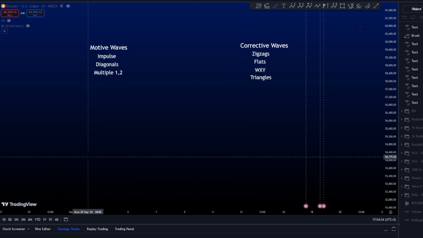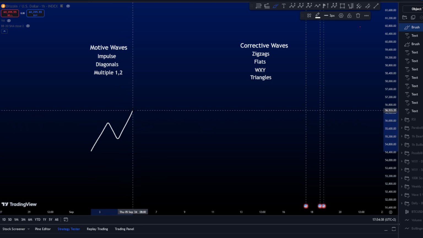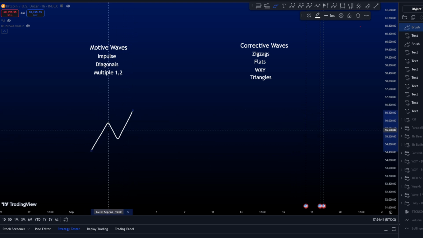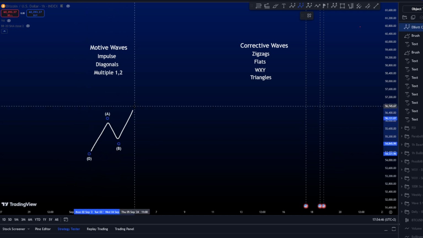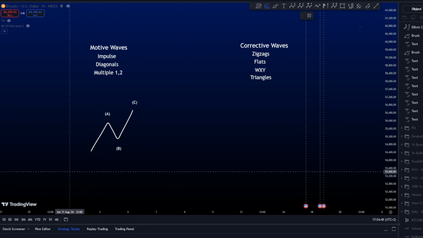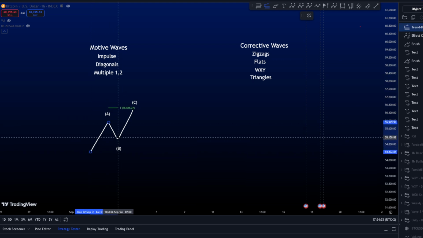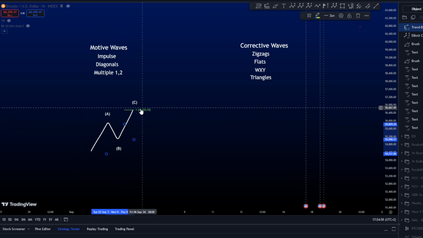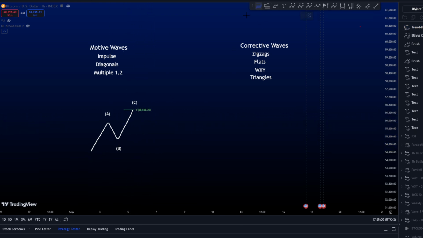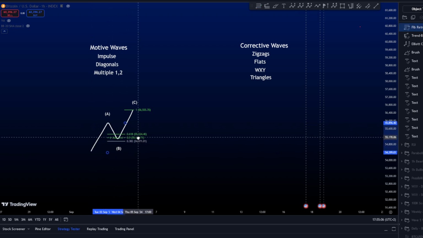Now your zigzag is normally made of three waves, A, B and C, and they should look kind of like a lightning bolt like this one. So this is your zigzag where you have A, B and C, and normally with a zigzag you want your wave C to touch exactly the one-to-one fib level, while your wave B should hit almost the 0.5 fib level as the most common fibs for